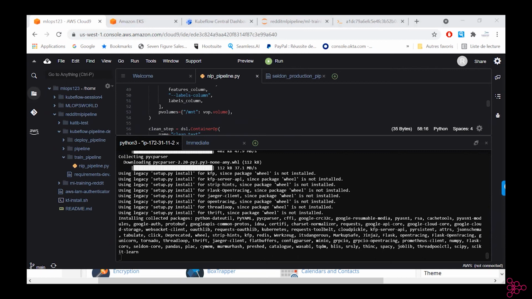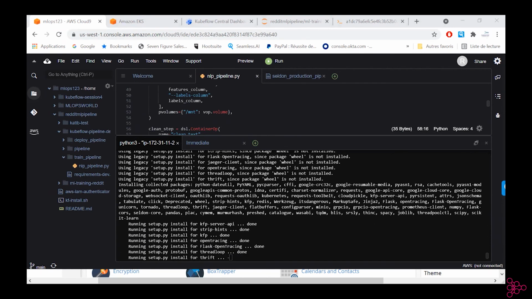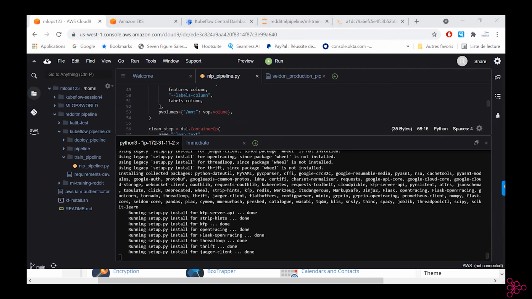After this step, we'll install S2I. What is S2I? I know a lot of new tools for you, but no worries, I'll explain them. S2I does similar things to Docker.